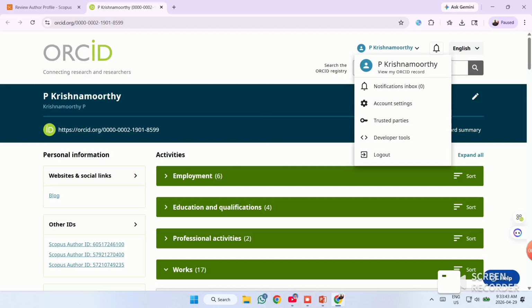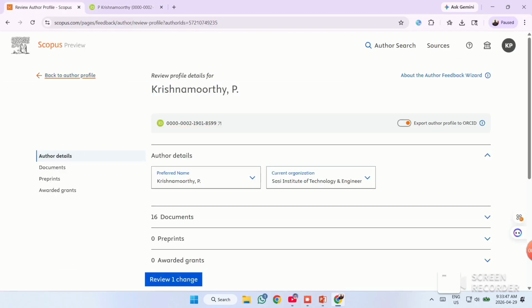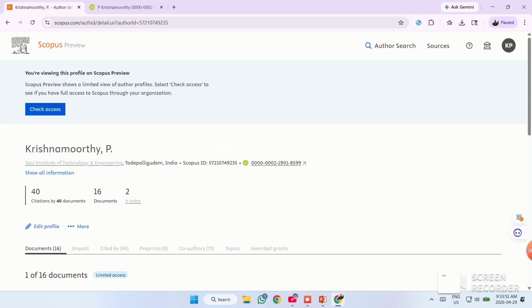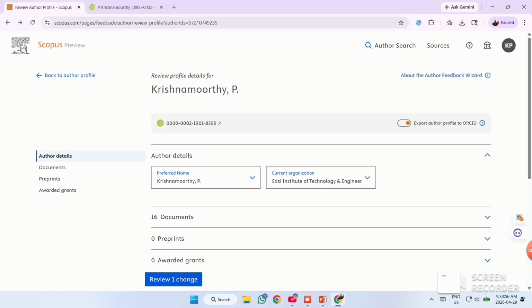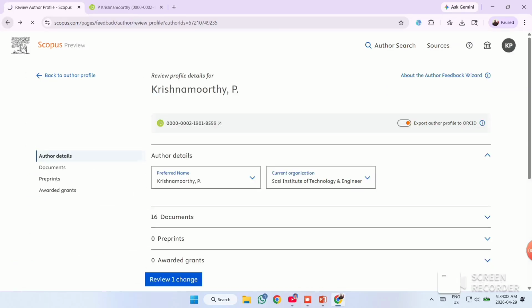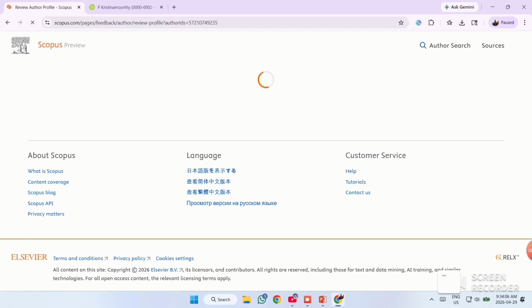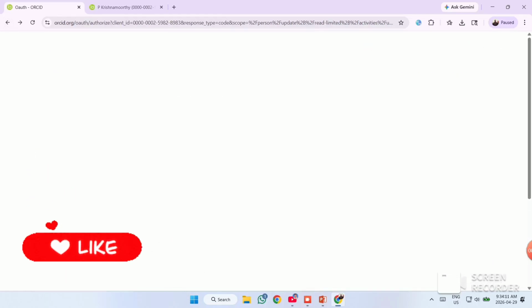Suppose earlier the particular author worked in some other organization, and you want to check the papers indexed for the same author in that organization. You can go and check. In this case, again you have to give those details: first name, then second name, and the organization where the author worked. It will list the papers which the author published when working in another organization.